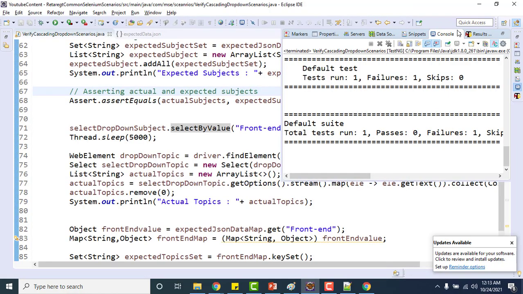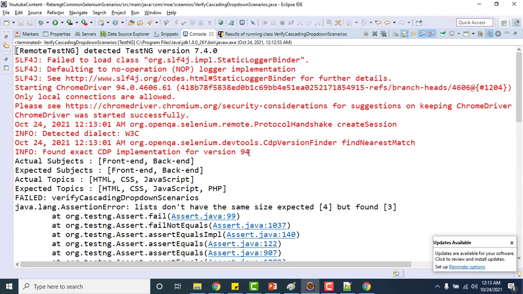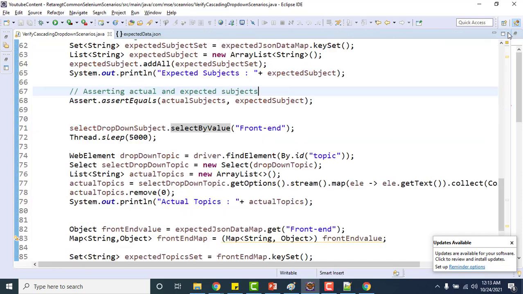Let me check it in the console. You can see actual topics we have only HTML, CSS, JavaScript, but what we are expecting is HTML, CSS, JavaScript and PHP. You can see the lists don't have the same size, expected 4 but found 3. This comes from your assertion.